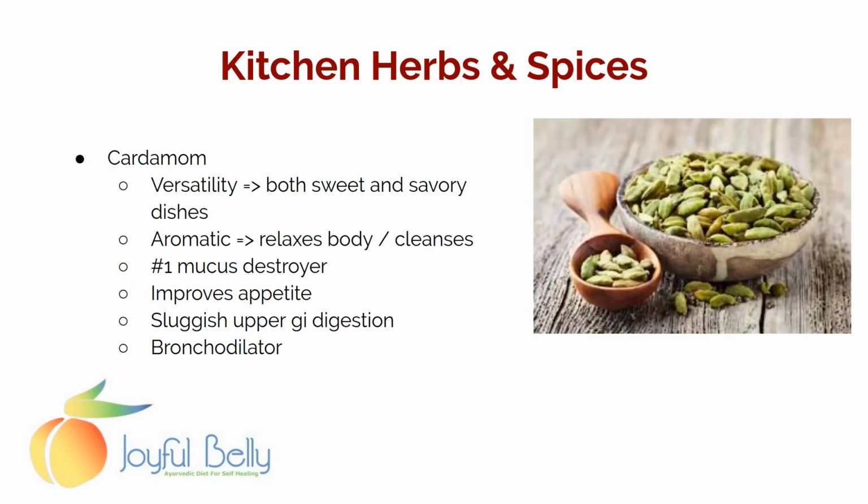Cardamom, one of my favorite spices, the great mucus destroyer. And it's just such a pure aromatic that it really does help clear the stomach and upper GI. I had a client once who suffered many, many problems for months after eating a Big Mac. And that Big Mac was sluggish in her gut. She was burping up the taste of it 4 days later. That's a perfect cardamom situation where you want to clear the upper GI of that stagnant burger and move things